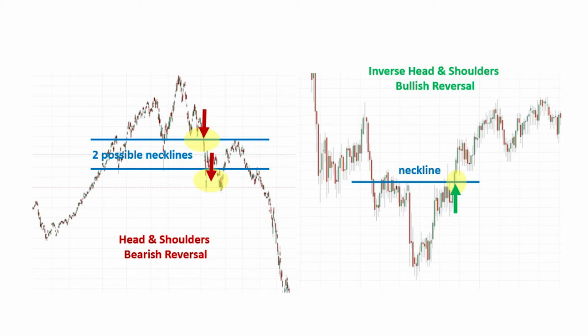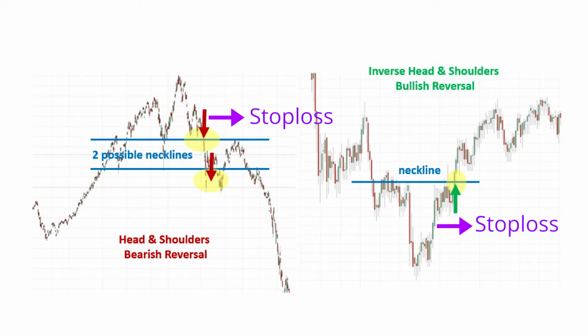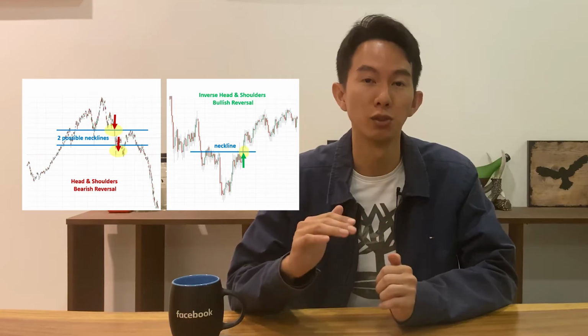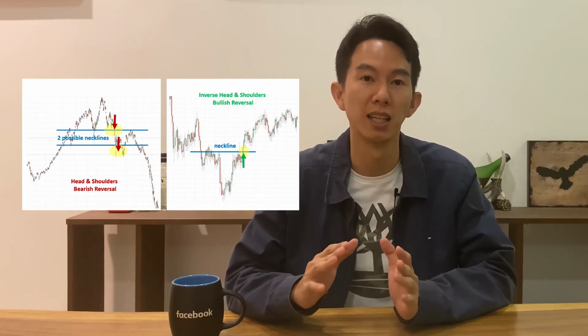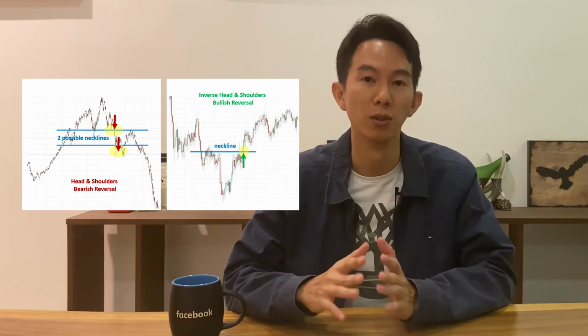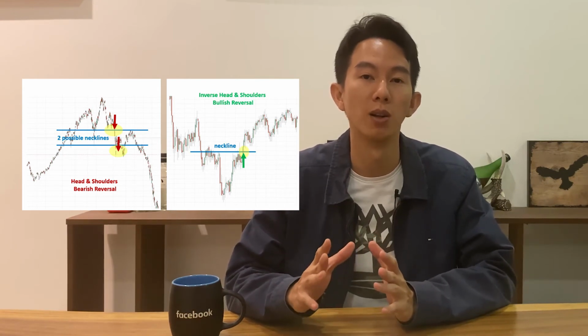For trading, we will look to enter just as the breakout occurs at the neckline, keeping an eye for strong price action and volume, which signals conviction in the breakout. We can then look to place our stop loss somewhere between the neckline and the second shoulder, which is the right shoulder. This strategy works best if there's a clear neckline which price is trying to break, followed by a strong price momentum on the breakout.